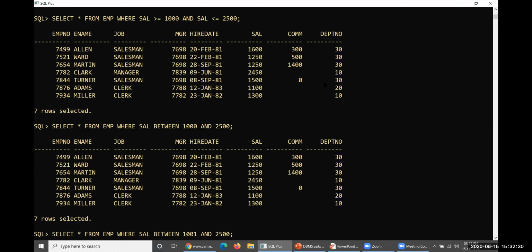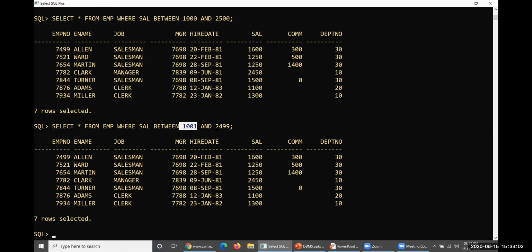So 1001 and 2499. You may operate something like this, because these two values must be included in the condition here. There is no difference at all in terms of the answer because we don't have any people at 4,900 or 2,500 here, so we could not have that much difference. What I would like to specify is that both this value and this value must be included while we frame any between and here.